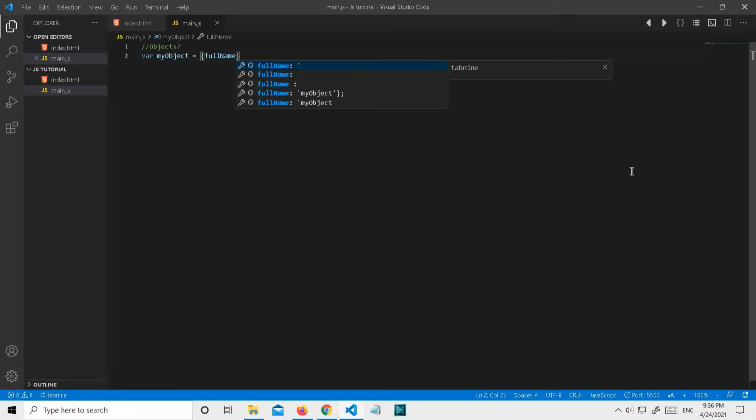Variables, object keys and functions can be camel case. No error in camel casing, so it can be camel cased like this.